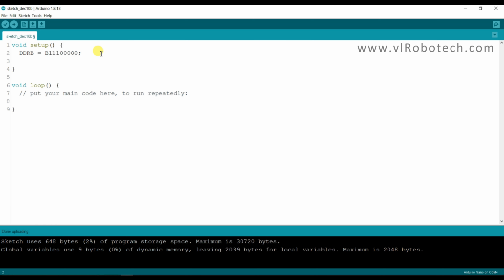It means the 13 number pin is in output mode.